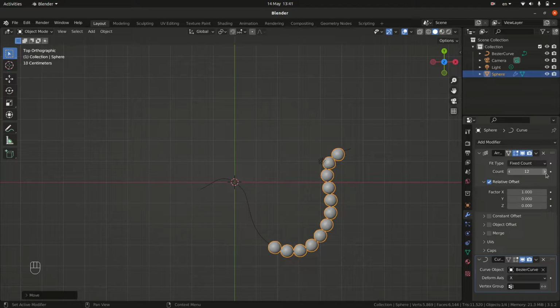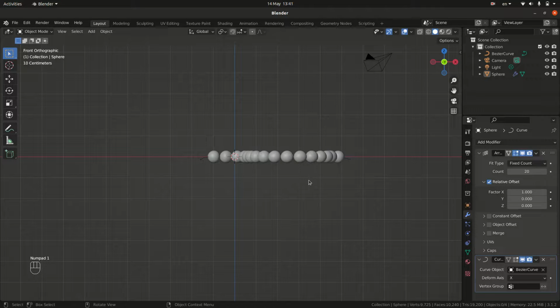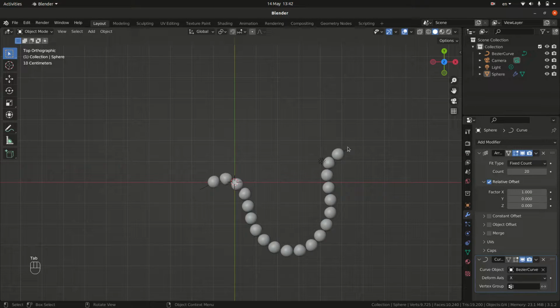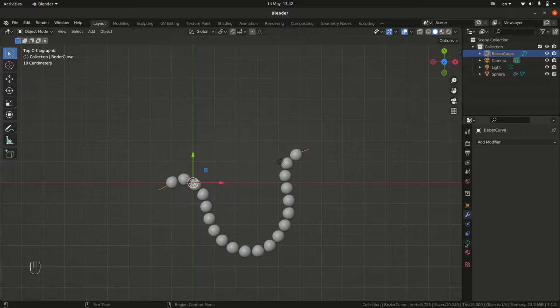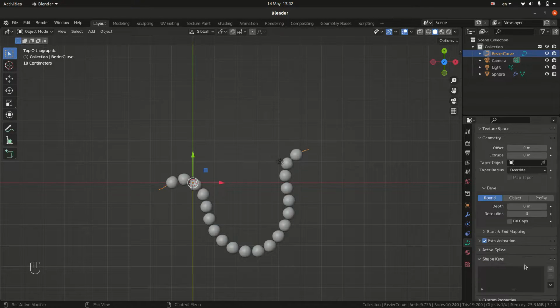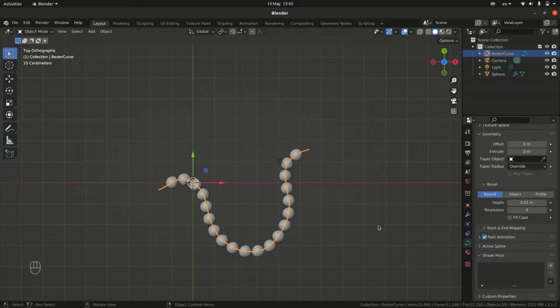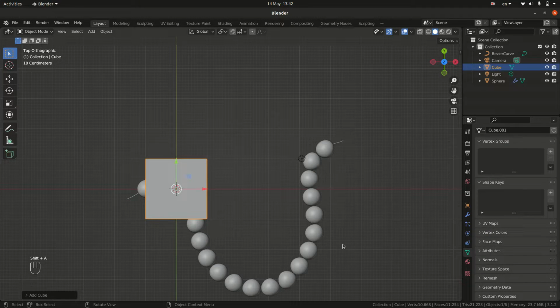Now when we get bigger number, it's going to look something like this. 1 to see how it looks like. Now we're going to press again our Bezier curve, go here under Object Data Properties, Geometry, and set the depth. So something like this. Now we're going to add ends for this necklace, so Shift A, let's add cube, scale